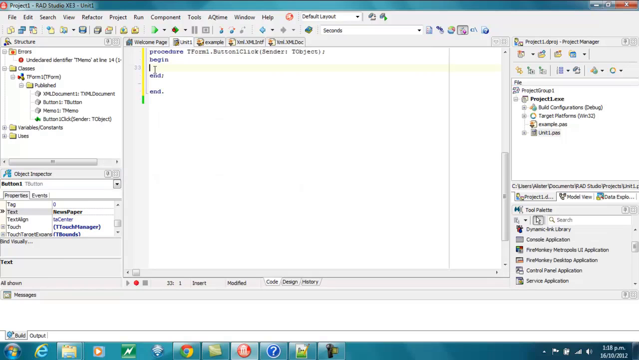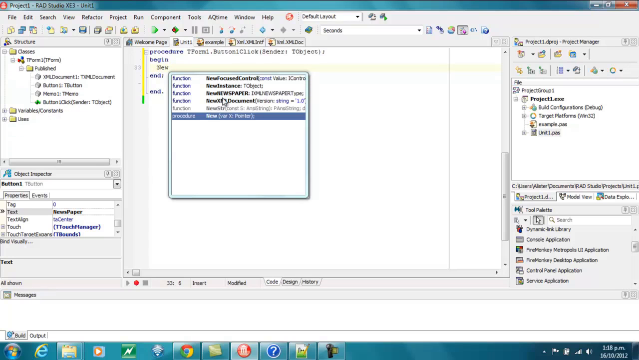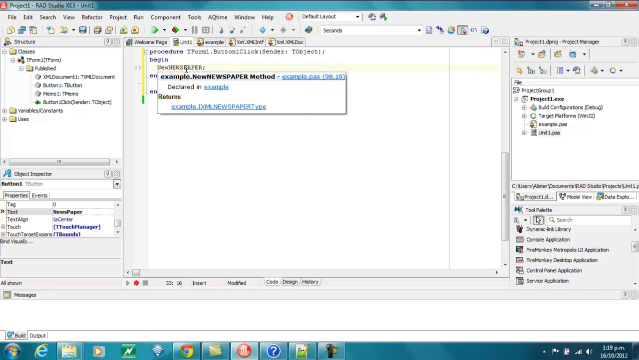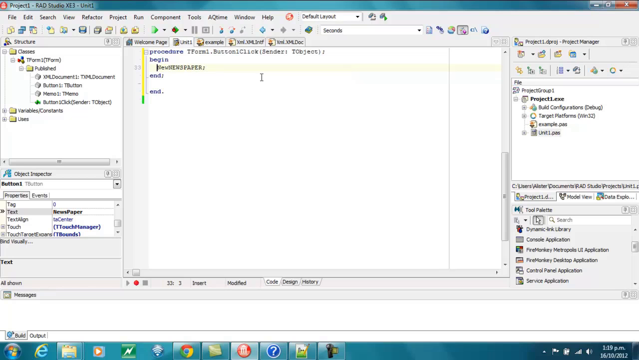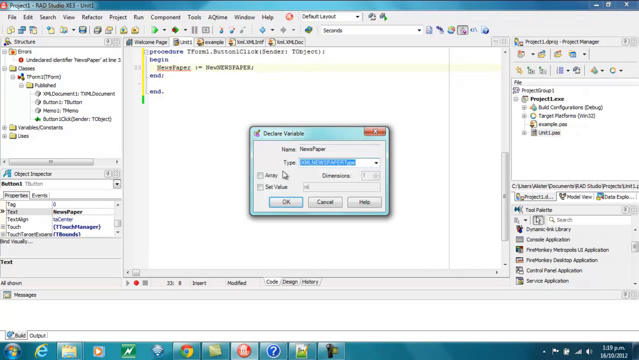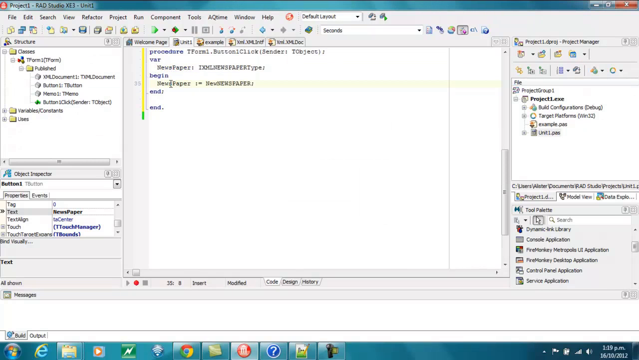So in here we're going to create a new newspaper. Now it returns an XML newspaper type, and I could create a variable and what have you, but I am lazy, and sometimes lazy programmers get more done. So Control-Shift-V to declare a variable. So we have a newspaper, and